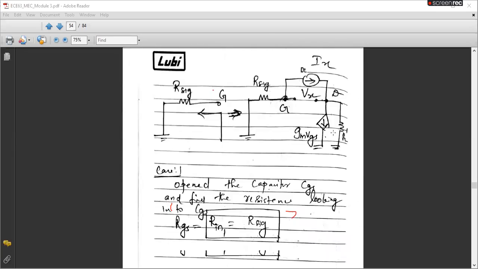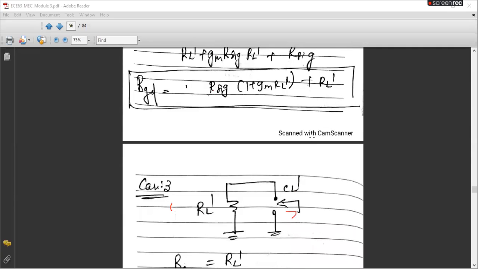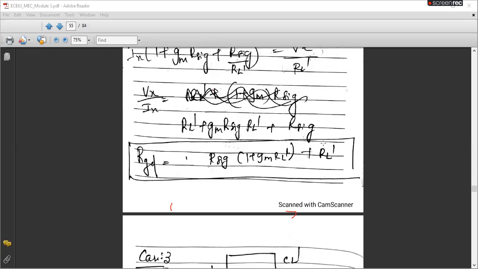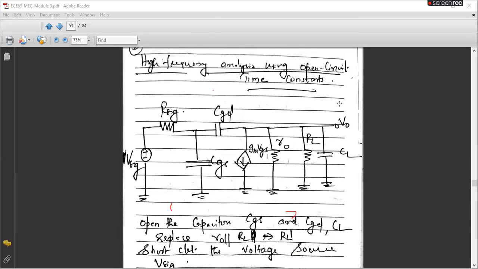Yeah. So I need to consider my output node CL, open the terminal, look into the terminal, and find what resistance you are getting. Draw the particular circuit. But please ensure that at that time CGD and CGS will be discarded. Because of this CGD and CGS effect, the input circuit will lose its connection with your output, and all the current and voltage sources will be deactivated. So in that way, I will not consider Gm VGS.